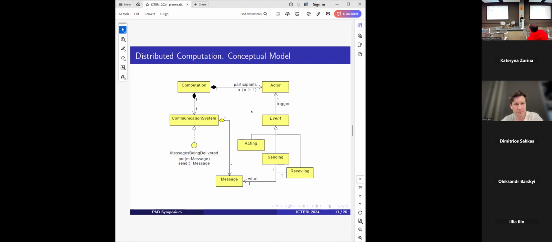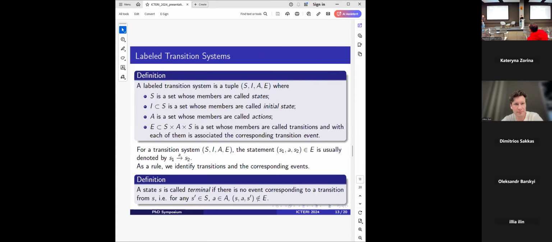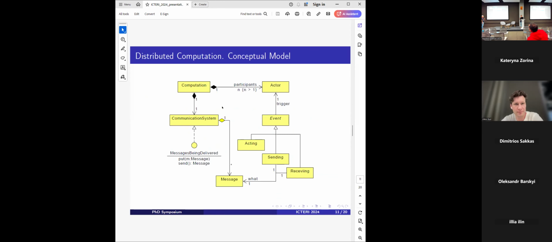But the diagram is wrong. What we can see is the computation of the whole distributed system. I don't care. The computation is the process of computing something. Yes. Transforming inputs into outputs, right? Yes. Okay. So the diagram says that it is a sort of